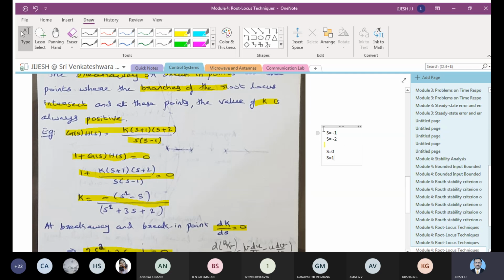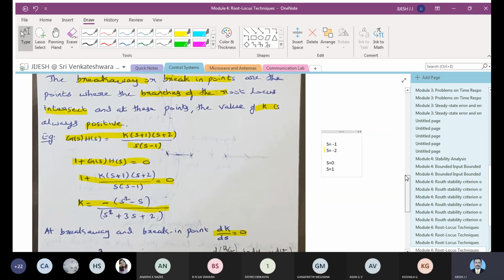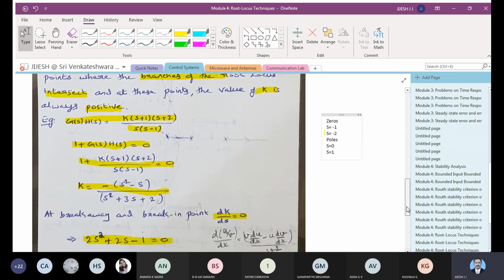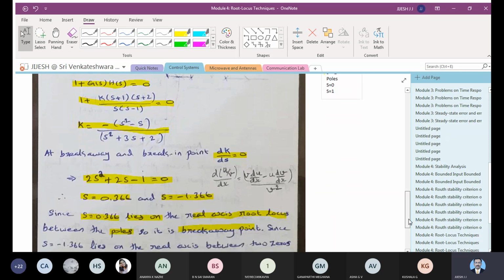So you get these values here. You should be very clear, these are the things which we have studied before itself. So we have to understand these things, and once you get these values, poles and zeros,